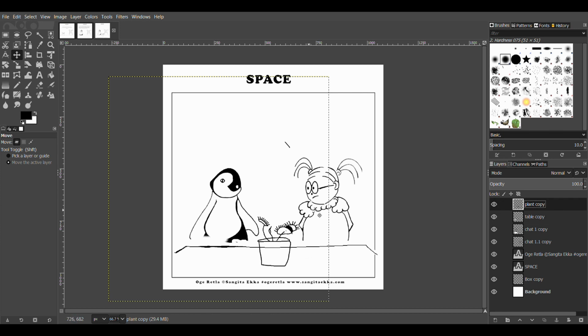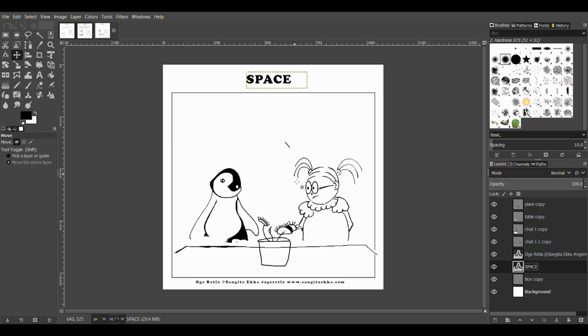The whole point of making this tutorial is that other than the basic structures which give a signature to your comics, like where you place the name of your comics, or the signature, or the box, or the number of panels that you create, you can also do the same experiment with the characters that you have created so far. So this is one version of Oge.